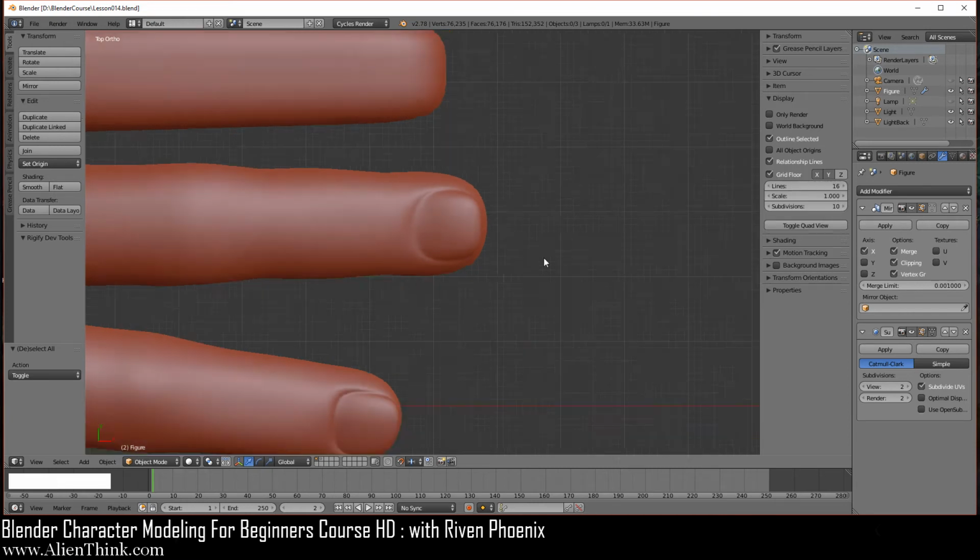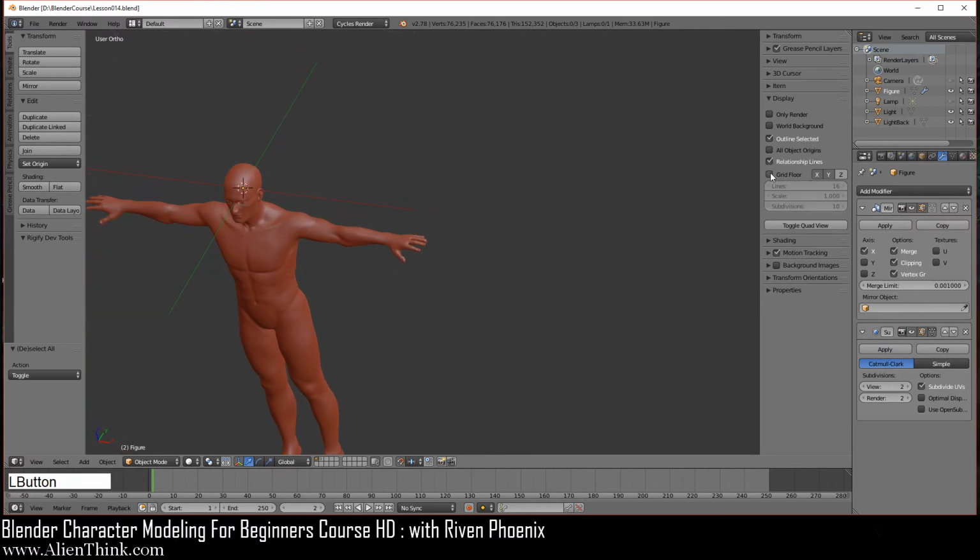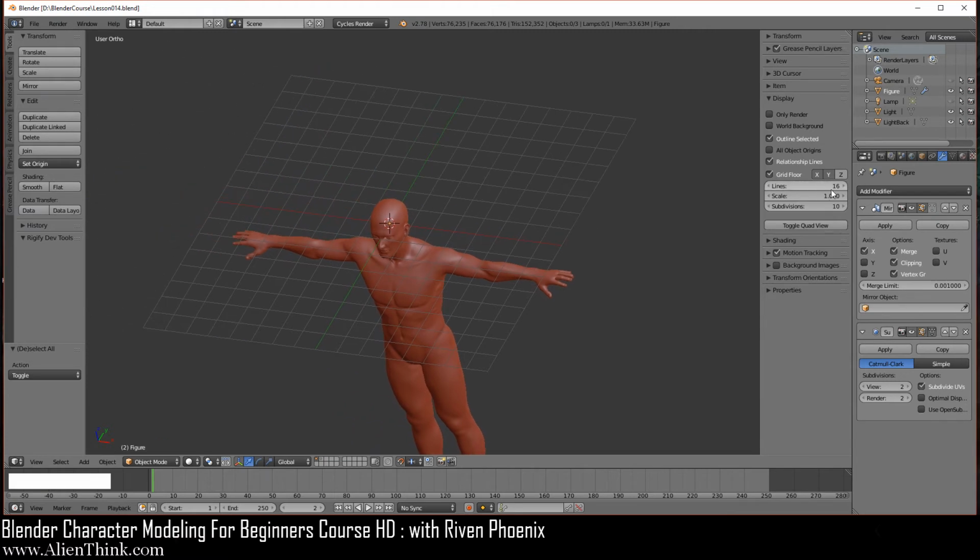Okay, now just to show you what's going on, if I do this, you'll see that the grid floor disappears. Okay, and you can see that it says 16 over here. So you can see that's 1, 2, 3, 4, 5, 6, 7, and then 8. And then of course, if you count it all the way here, 16. So if I change this, you can see that you can actually expand this grid floor over here, right? So that's what this is. So I'm just going to do a 16 over here. Okay, so then you have this scale.